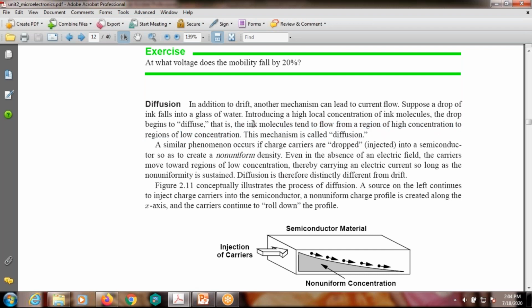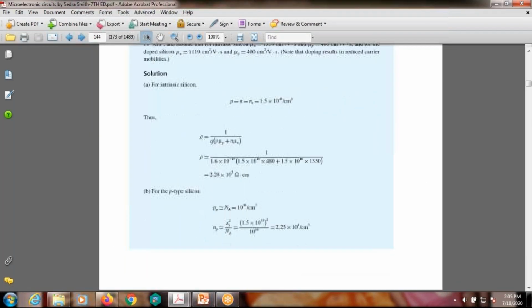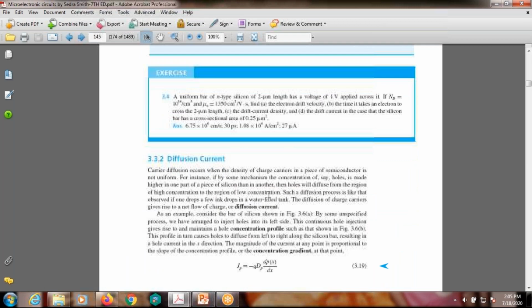Okay, this one is important. What happens after dropping the ink into a glass of water? High concentration ink molecules flow from high concentration into low concentration. That means ink molecules tend to flow from a region of high concentration to a region of low concentration. This mechanism is called the diffusion mechanism. In other words, diffusion also,